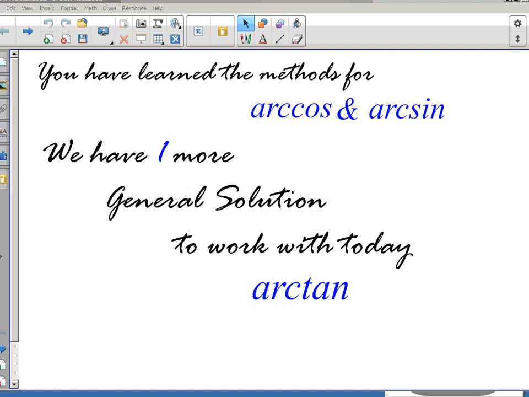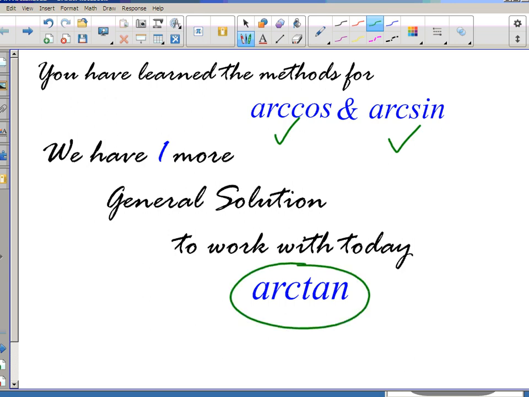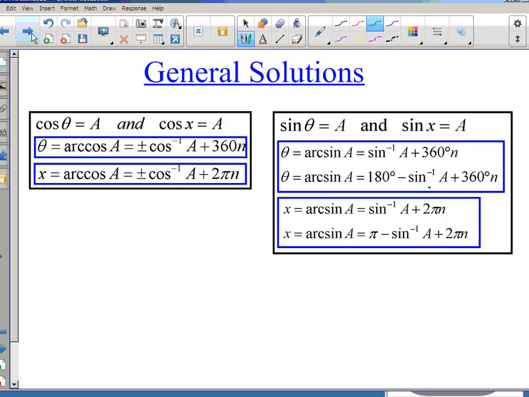Welcome back to the second part of today's lesson. Yesterday, you got exposure to how to solve cosine functions using the arccosine function, which is really just a formula involving inverse cos. And earlier today, arcsine. In the second part of today's lesson, we'll undo tangent with something called arctangent to find all solutions. And in general, what we found was by adding and subtracting the inverse cos, we found